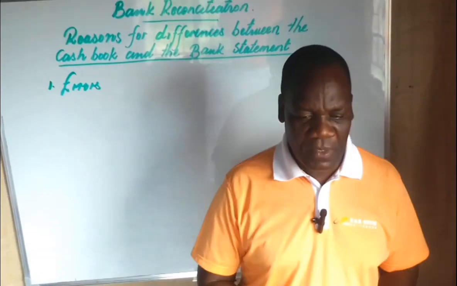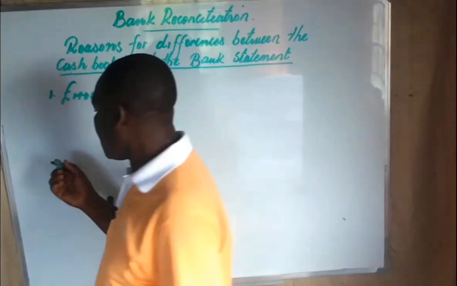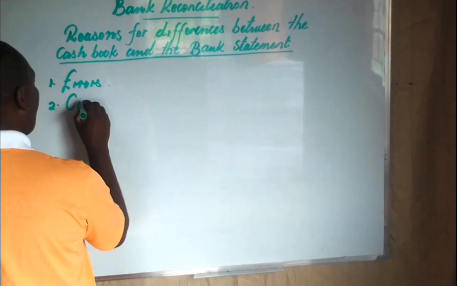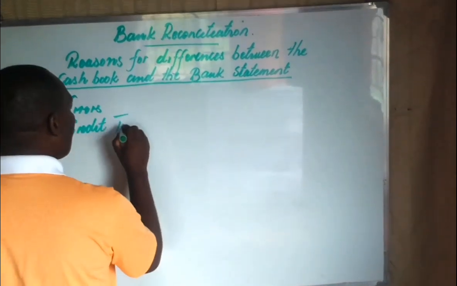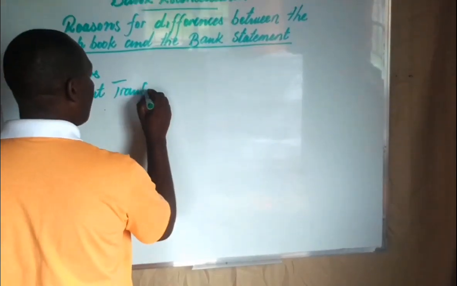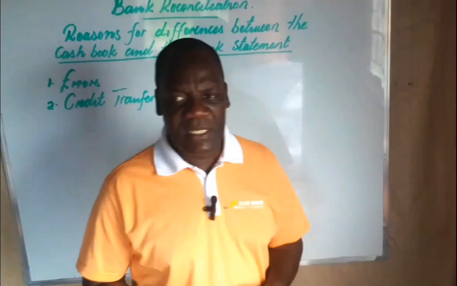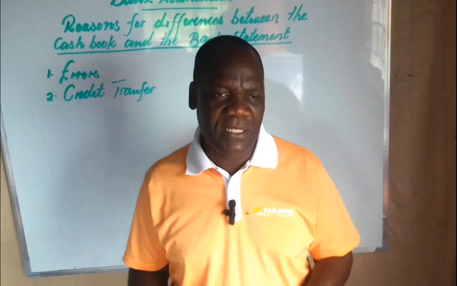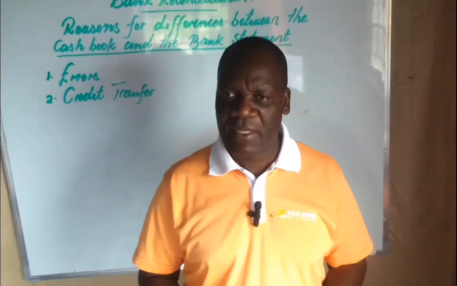Difference number 2 is credit transfer. A credit transfer is a transfer that does not pass through our cash book, but goes straight to our bank. For example, if a